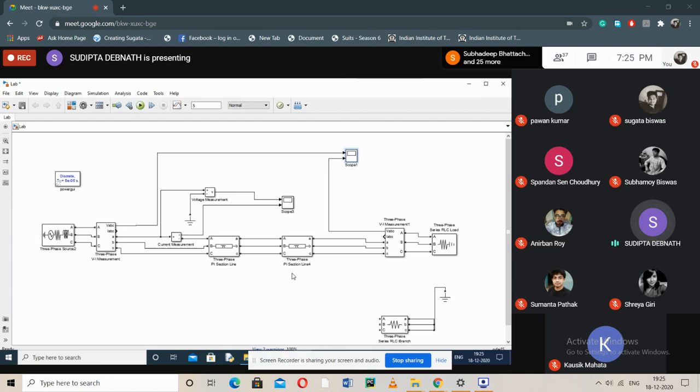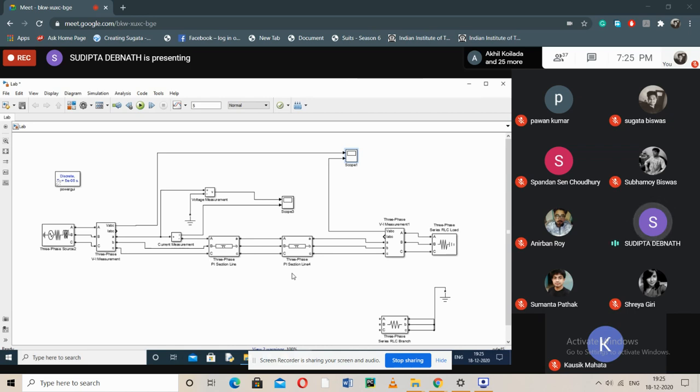For lightly loaded conditions, we have considered 2 readings. For no load condition, we have considered 1 reading. For SIL, we have shown this SIL by 2 methods. And last one, we have considered short transmission line and showed that Ferranti effect is not coming out, it is not a phenomenon occurring in short transmission lines.